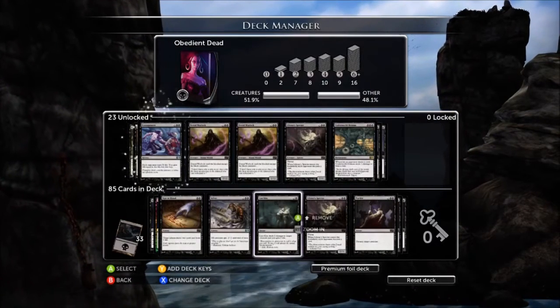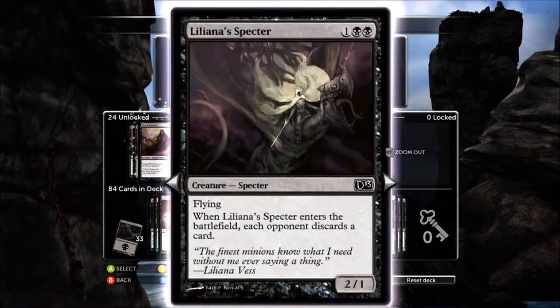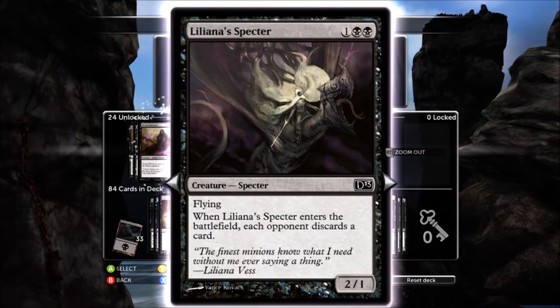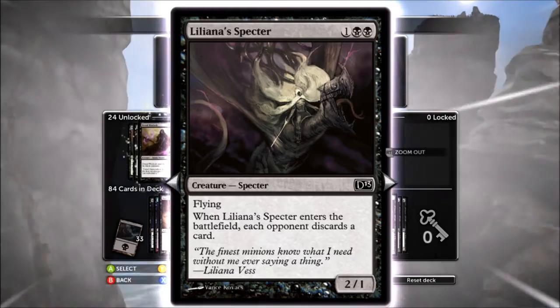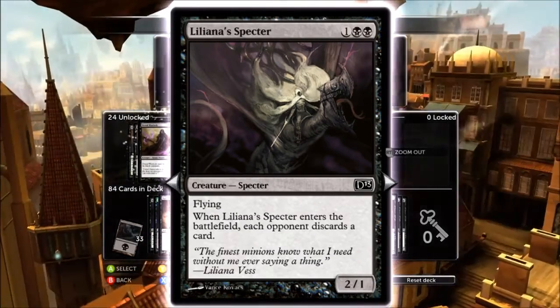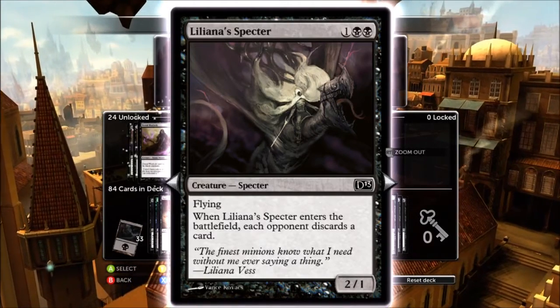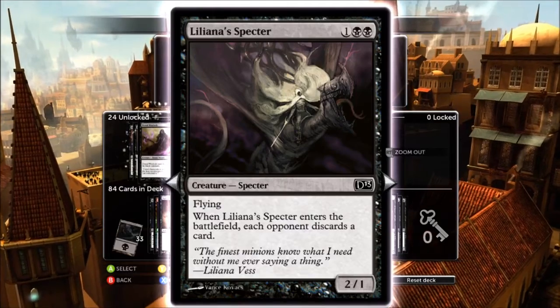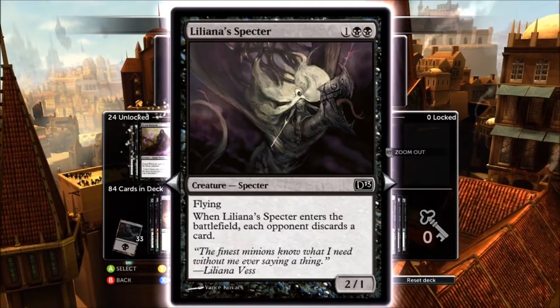I don't love it. I don't play it. Okay, Liliana's Specter is a really good card. It's 3 mana, it flies, and it makes opponents discard. In any multiplayer format, you need to run this card. This card goes back into the deck in Two-Headed Giant. It is absolutely necessary in Planechase because it does it to every opponent,